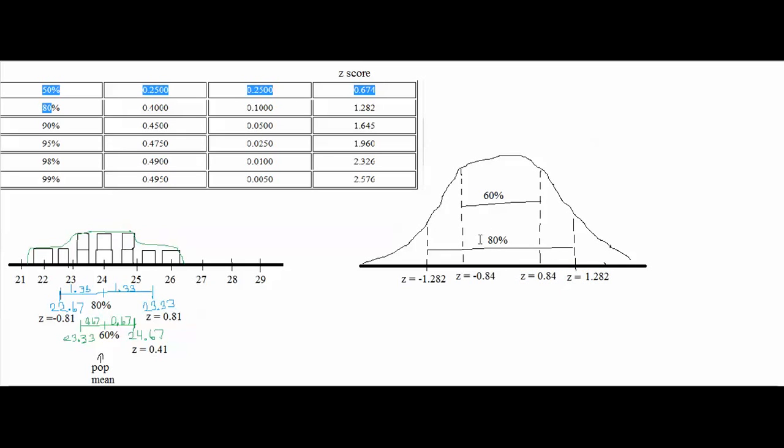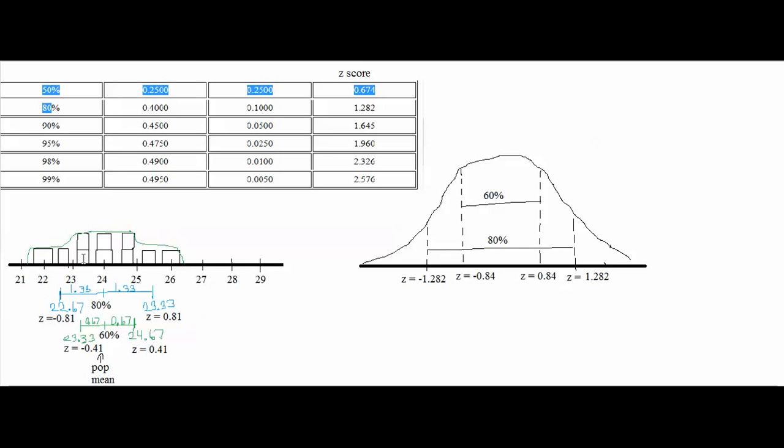So if the sampling distribution follows a normal distribution, then 60% of the possible samples will fall between negative 0.84 and 0.84. Now, in my last example, when we had this sampling distribution, 60% of the possible samples fell between these two z-scores, negative 0.41 and 0.41,